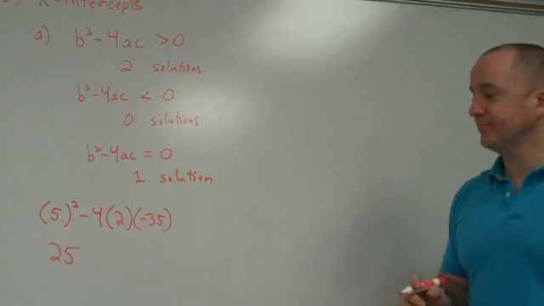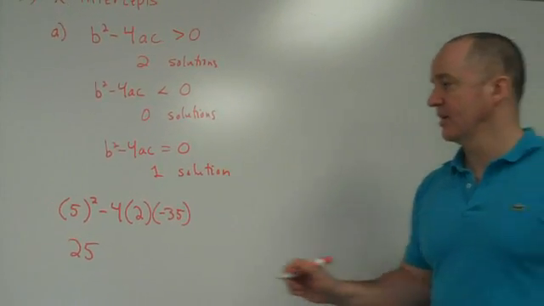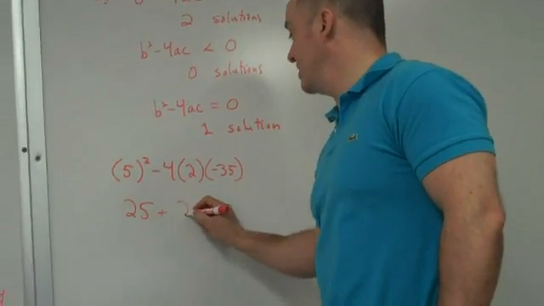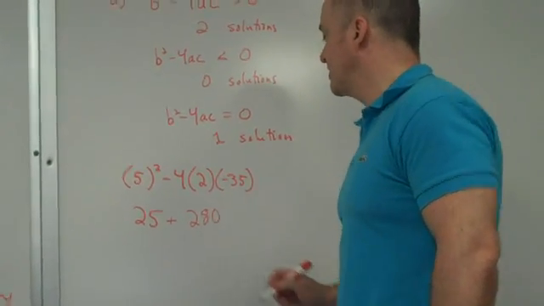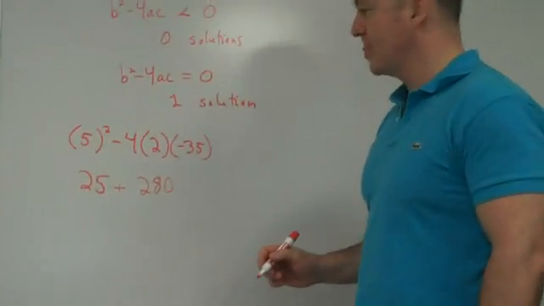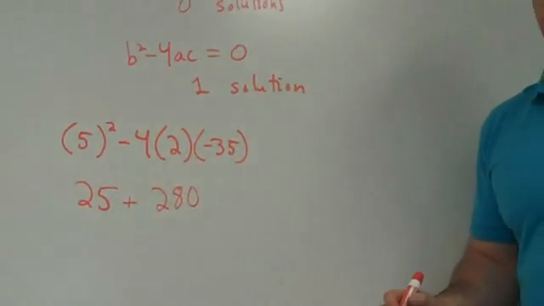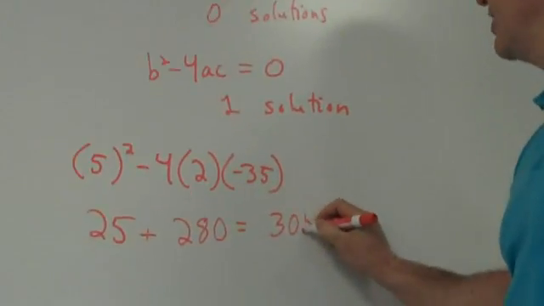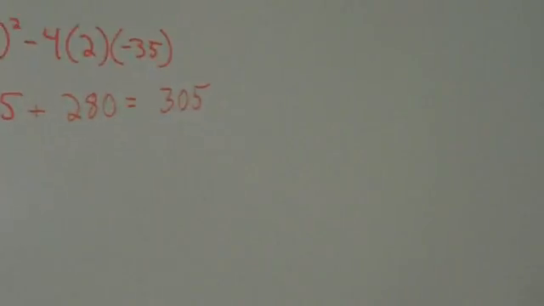You already have 2 negatives, so it's going to be positive 280. So this part is going to be plus 280? Okay, thank you, Nimi. Is Nimi right that this will be plus 280? Yeah, she is. This gives 305. This is positive 305. This tells us that we have 2 solutions, and this speeds us up on our way